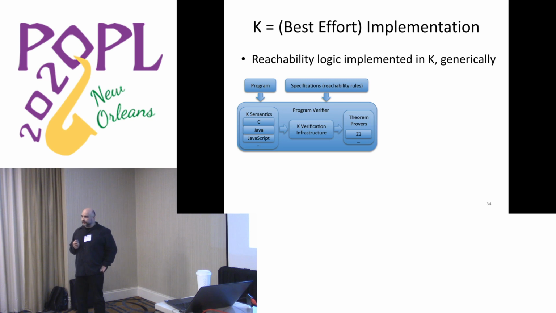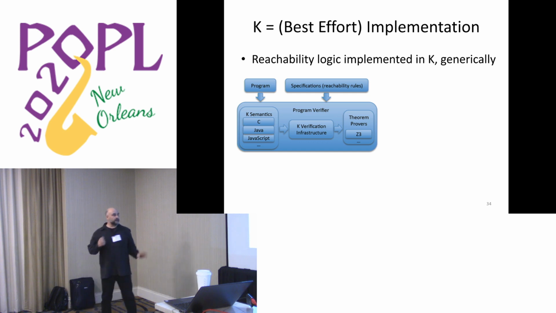What is K? So K really is the best effort implementation of this logic. But K was first, then the logic came. And the logic found new ways to look at things, and now K tries to catch up with those new ways to look at things. From the outside, the K prover, the K program verifier, is like any other program verifier, where you take a program and a specification and it proves it. What is different is what happens internally.